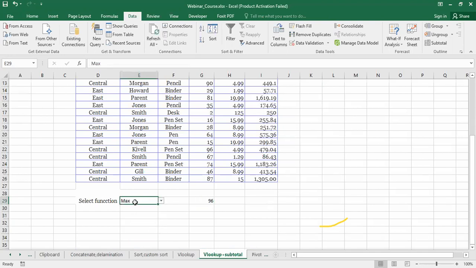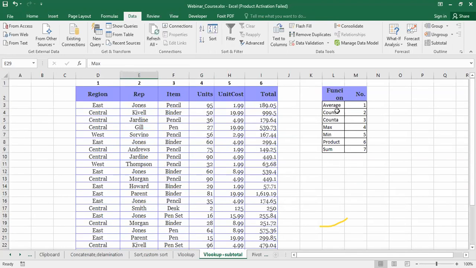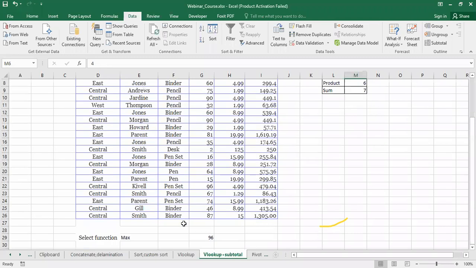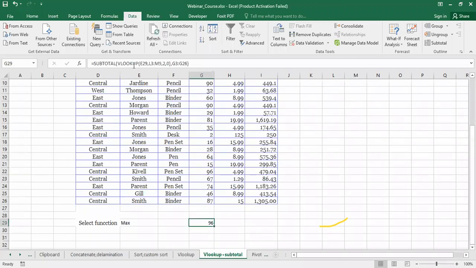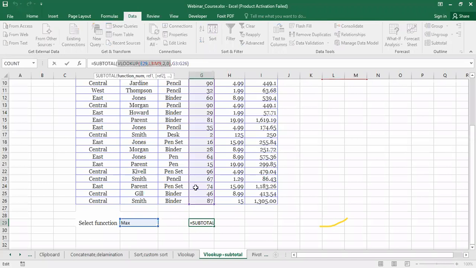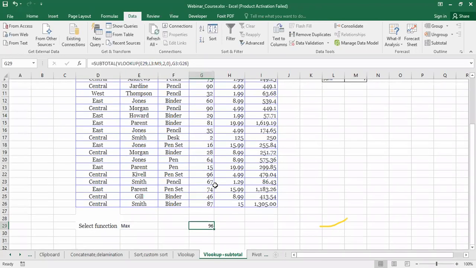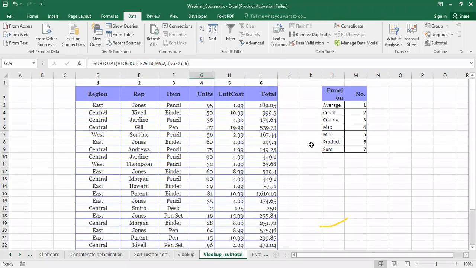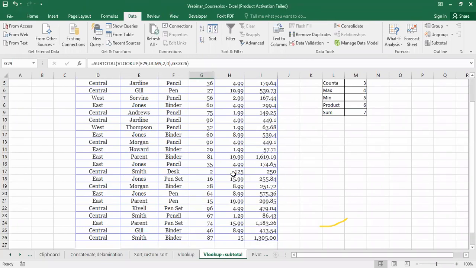Then what happens? The max will be checked out here in this particular table, and against that max, 4 number is there, and this 4 number will come in the subtotal. That 4 number will come here at this place, and then it will find out the maximum out of this particular range. So this is how we can make the combination of, say, any commands. So this is only the demonstration of VLOOKUP and the subtotal. Okay, so this is how we can do the manipulations.